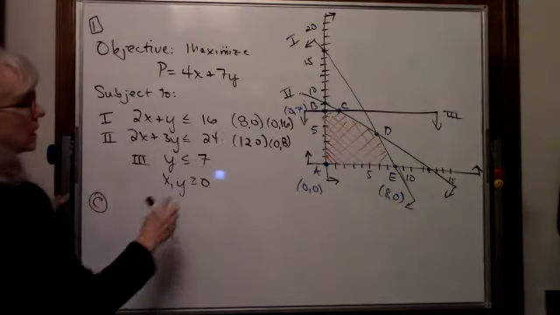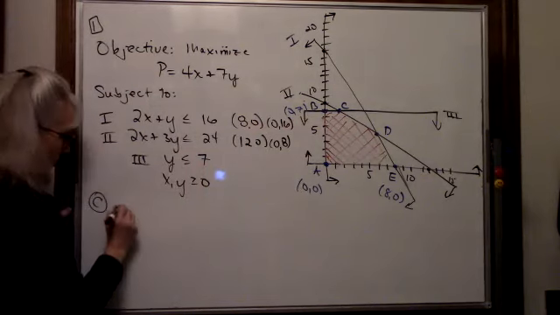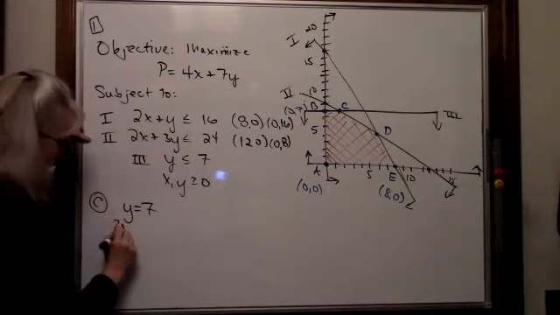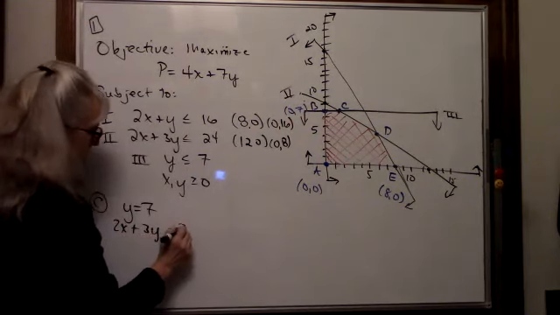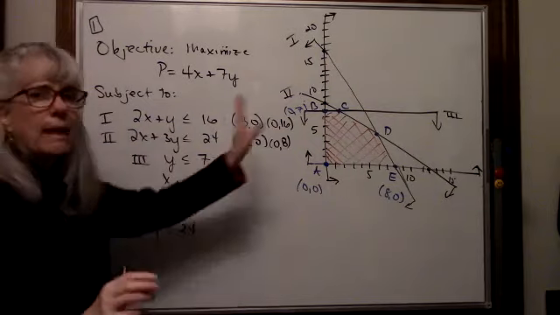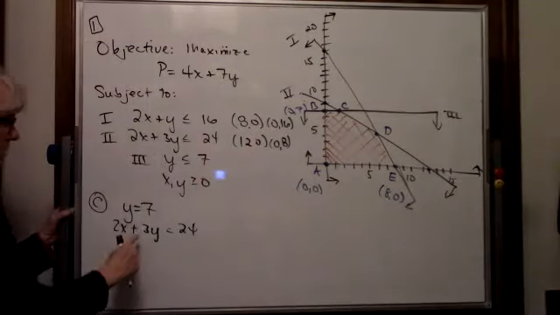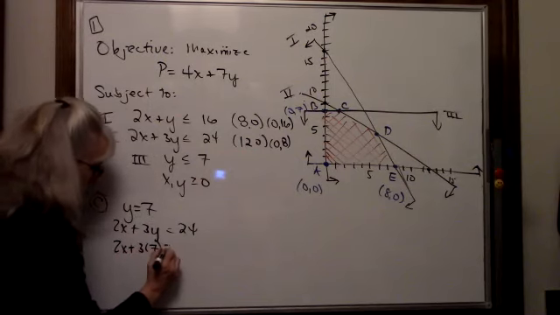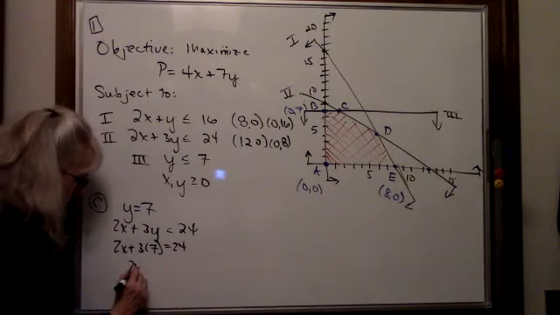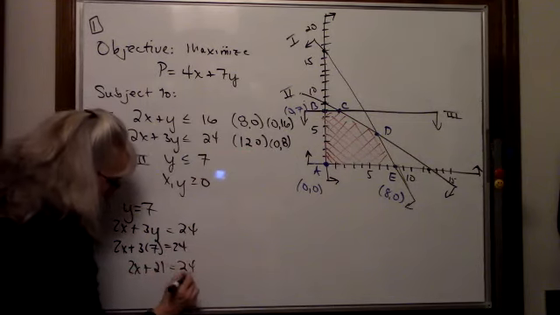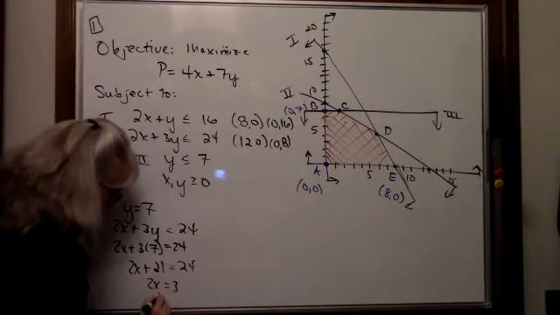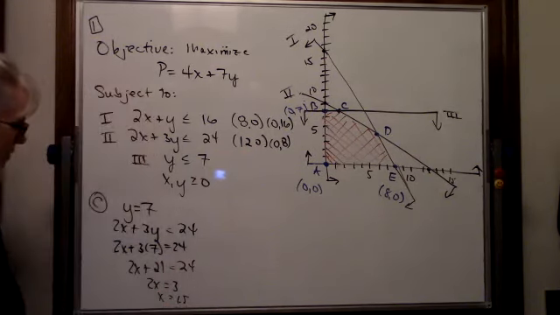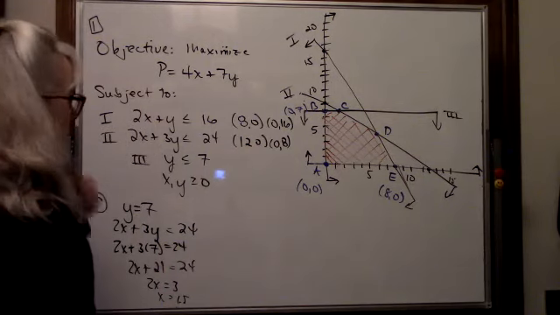Point C is where the horizontal line, which is y equal to 7, and line 2, which is 2x plus 3y equal to 24, intersect. That's why we were very careful about labeling and bookkeeping. Well, we just need to solve this. We can plug in a 7 right here. So 2x plus 3 times 7 equals 24. That's 21. So 2x is equal to 3, and x is 1.5, or 3 halves would also work. Okay, so we now know where that point is. So point C,